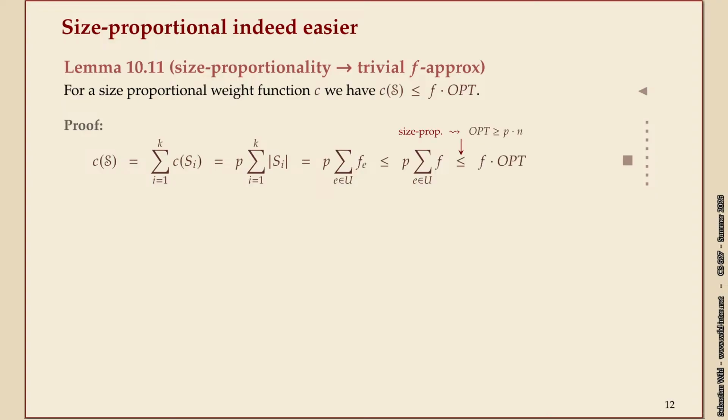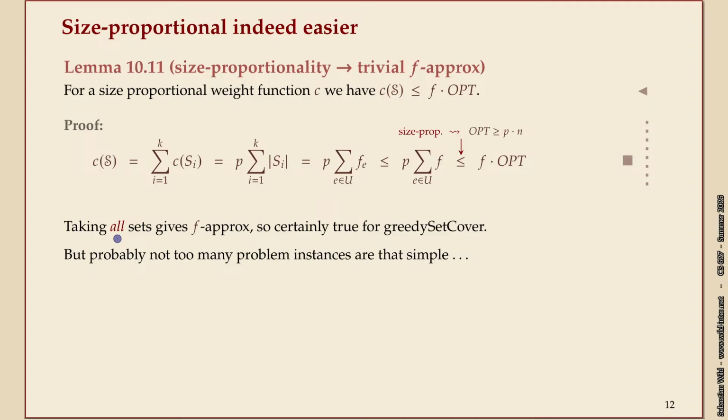So that's basically it, because the optimum solution has to cost at least p times n, because it has to pick somehow all the elements. And the most cost-efficient way to do that is to have each element covered just once, and then you would have to pay p times n, because we know so precisely what the cost of sets are. So it's a very, very simple observation, which by itself is maybe not super strong, because first of all,